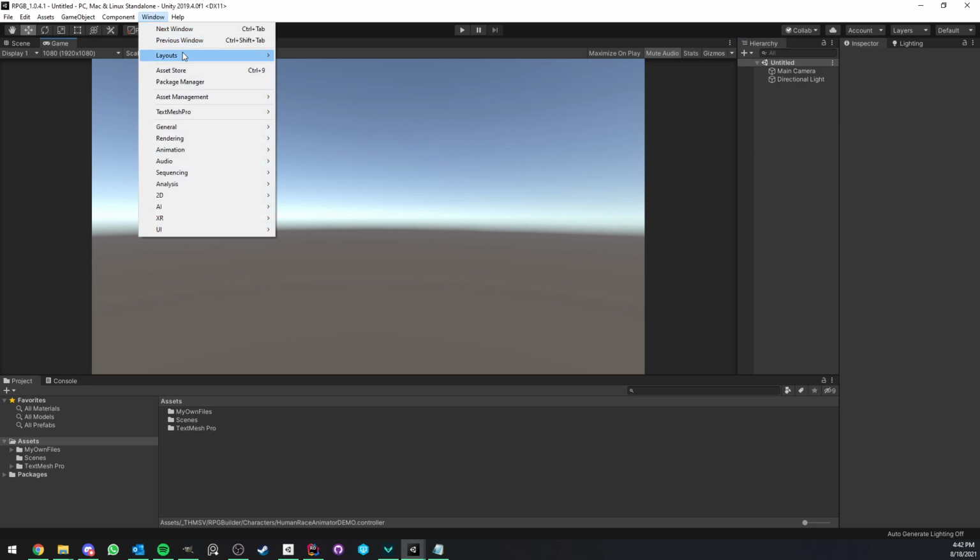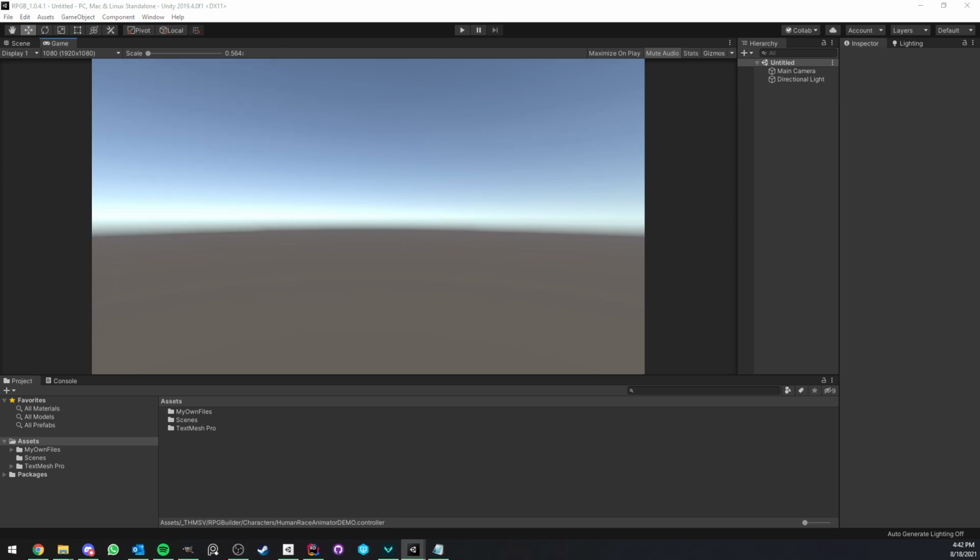So in this case, you will go to the asset store or the package manager. But in my case, I'm just going to drag and drop my own package because this version of RPG Builder is not yet live on the store. But for you, you just go to the asset store or package manager. Just going to wait a few seconds